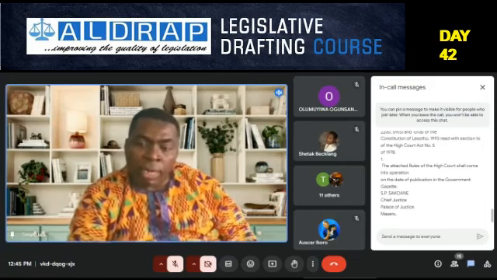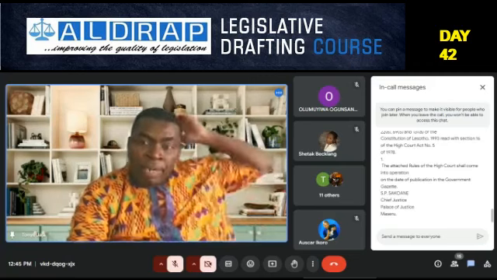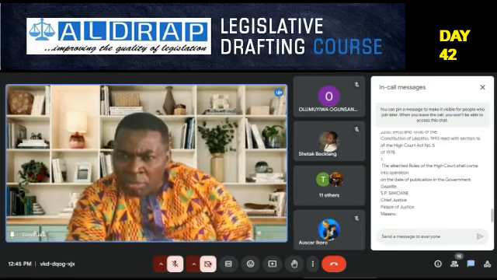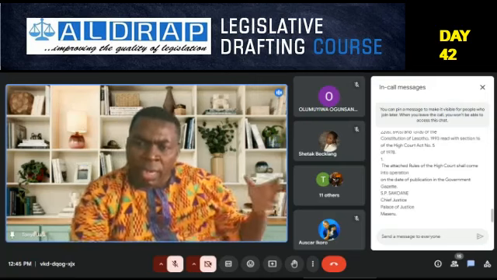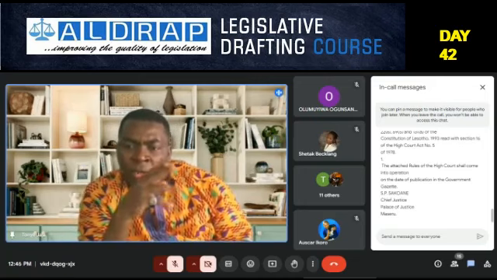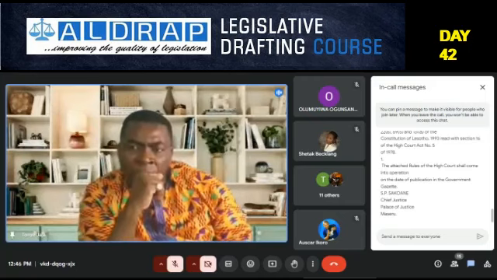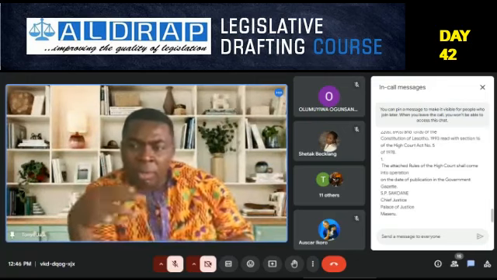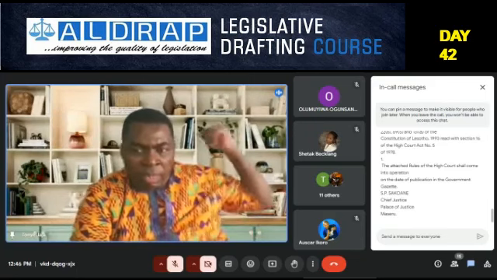Now, what has happened in Lesotho is they have written, look at what is prescribed by the Chief Justice under section 2, he now listed, of the Constitution, and section 16 of the High Court Act number 5 of 1978. Yes, he has written all this. However, it is not couched as an enacting formula. He ought to have said, he says his name, because his name now appears in the signature part at the end.